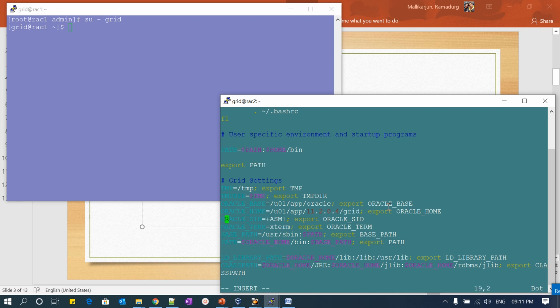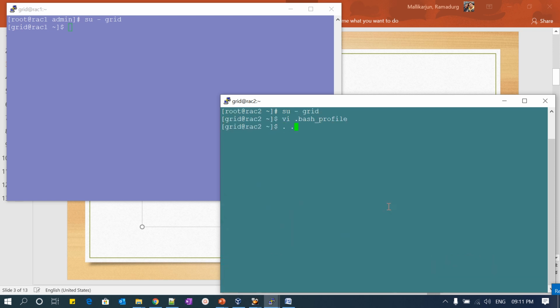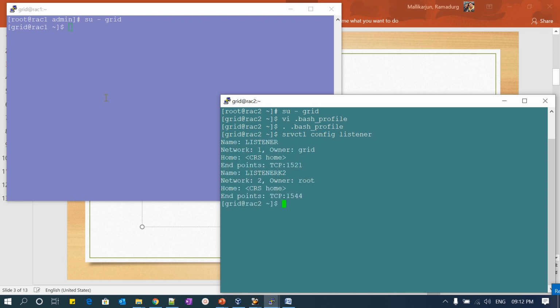I'll put ASM2. I'm running the bash profile again. Okay, so I will show you srvctl config listener on Node 2, because on Node 1 I had done some changes, which I will cover.